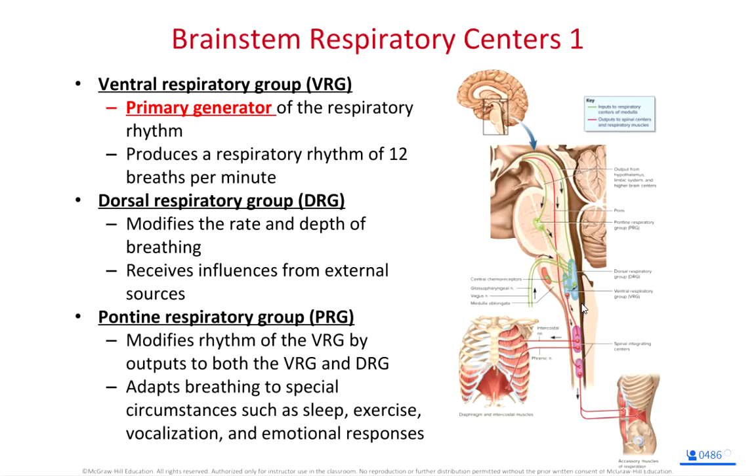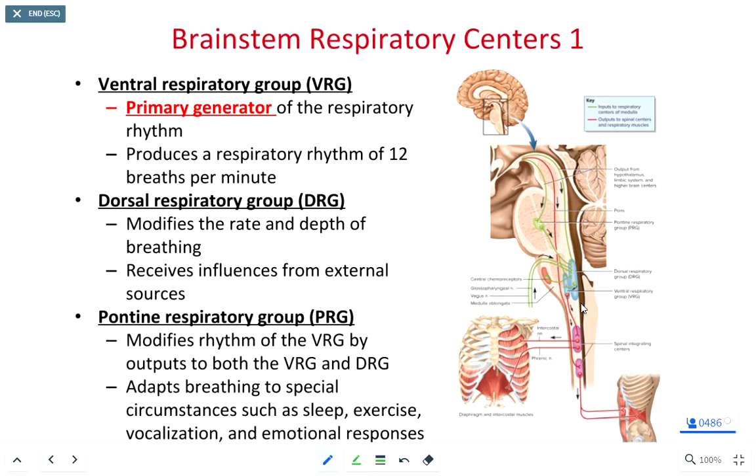Regulating breathing, we use some parts of our brainstem. Thankfully, this is an involuntary process. It should be an involuntary process, so we don't have to think about it. We breathe automatically. Within the medulla oblongata of our brainstem, so here's our medulla oblongata,